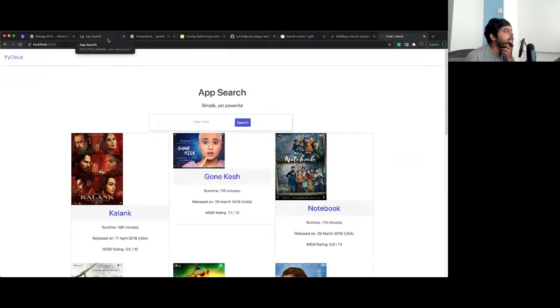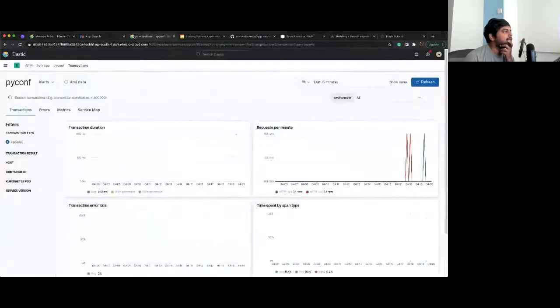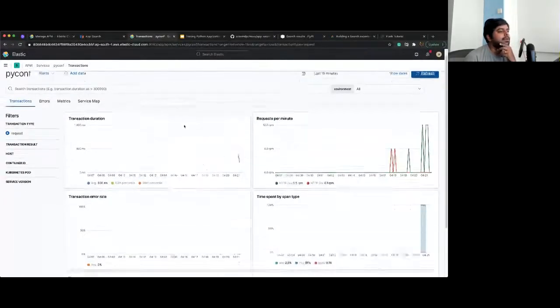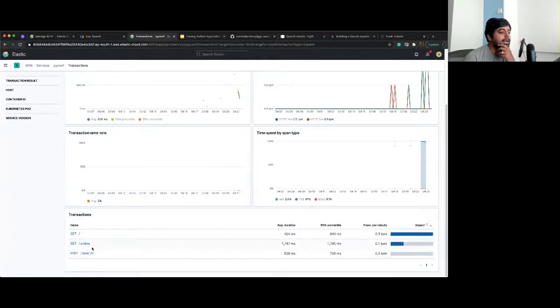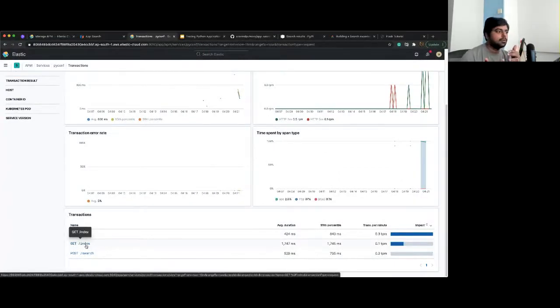Now that we have built this, let us go back and see in the transactions what details are happening and what things have come up. See that we have tried the indexing endpoint. This way you could build up how the application is receiving the traffic, what things are there, and how you would go and look at various stuff.